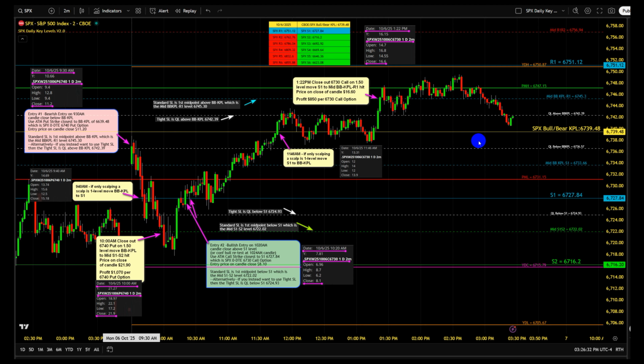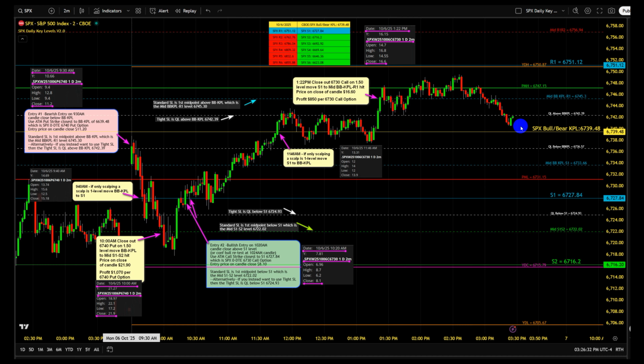So when you have your chart open on SPX CBOE, the default levels that will be on your chart, that are the indicator default levels, are going to be the R1 through R6, S1 through S6, and then you'll see these other levels here. Some of these levels I've manually enabled, some of them are on by default. So when you're using this indicator, you can make your own default layout if you prefer a different layout,